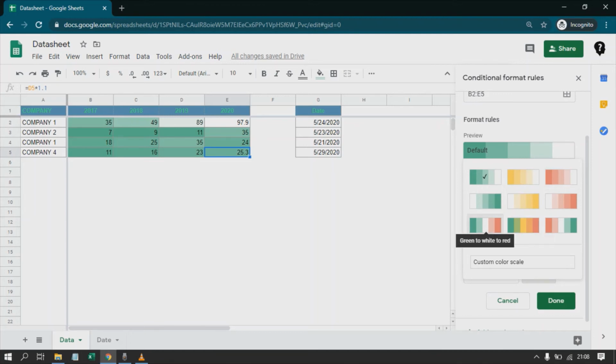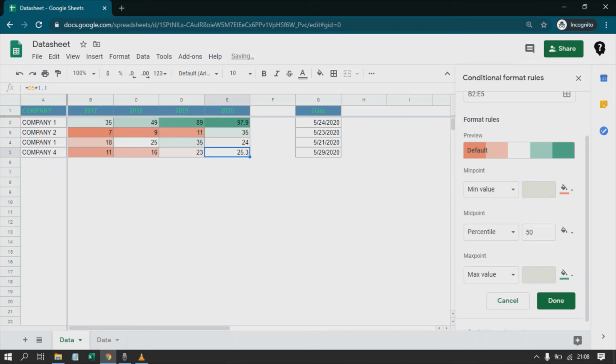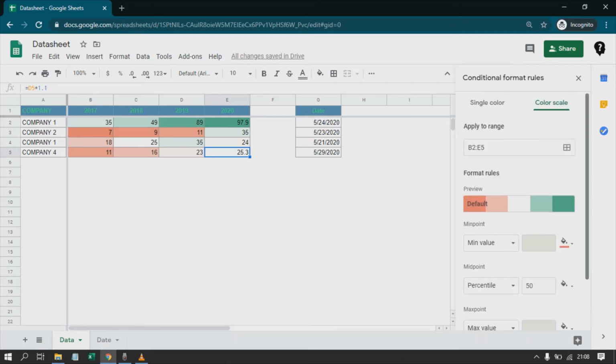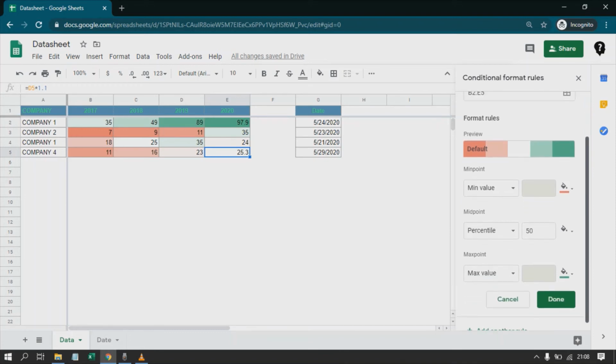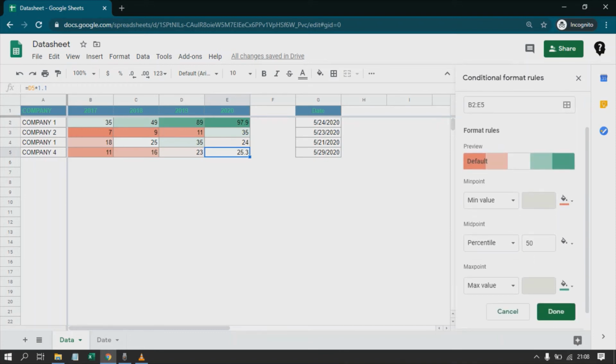Say for example the starting value should be highlighted in green and the last one in red, or vice versa. Okay, see here. Now what this can do is it will just highlight basis the color scale. And it would be in two parts or three parts, whatever the way we want to set. Say for example, I want my minimum value or number or percent or percentile.